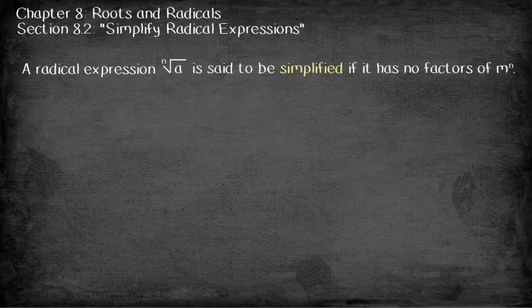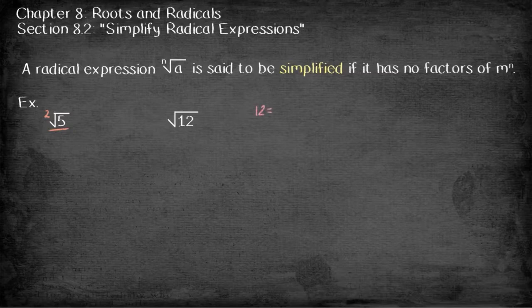So let's get our bearings first. When we have a radical expression, it is said to be simplified if it doesn't have any factors of m raised to the n. So in other words, there are no nth powers left inside the radical to bring out. For example, if we look at the square root of 5, remember that when we are taking a square root, the index is really 2. So we want to see if we have any other factors of a number squared. We don't. Okay, so this guy would be simplified, but if we look at the square root of 12,